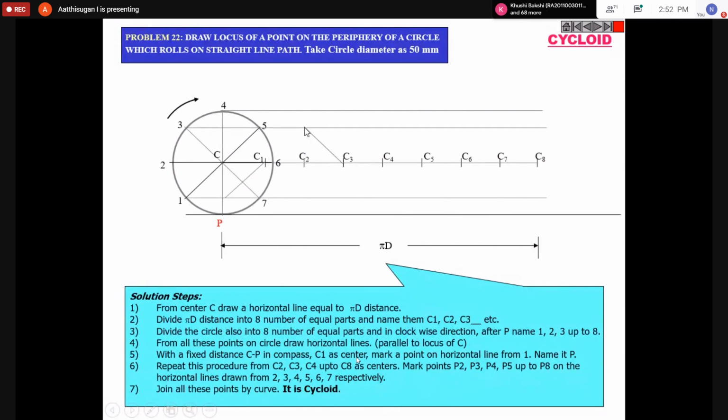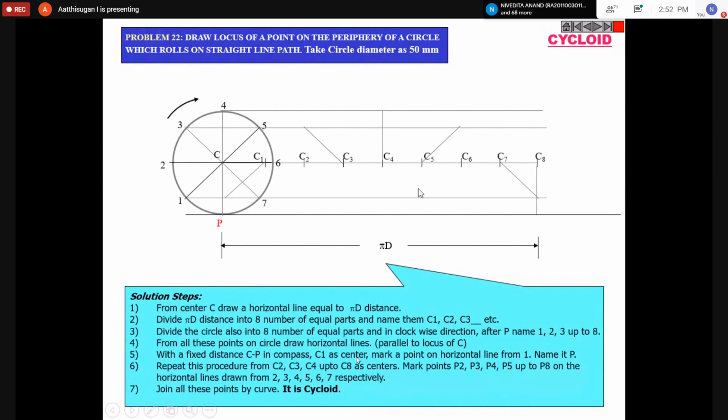Then the fourth point is straight, because the radius is straight now, so that may be the fourth point. Fifth point: from the center point, mark the intersection here. My sixth point is on the same line. Then the seventh point: from here you can take it on the seventh line. Remember the line number, that's why I told you numbering is important. So from the line you can mark the point. What about the eighth? The eighth will be on the same line here.